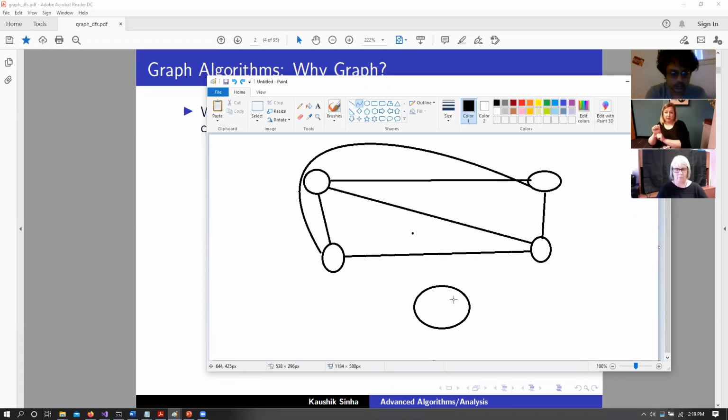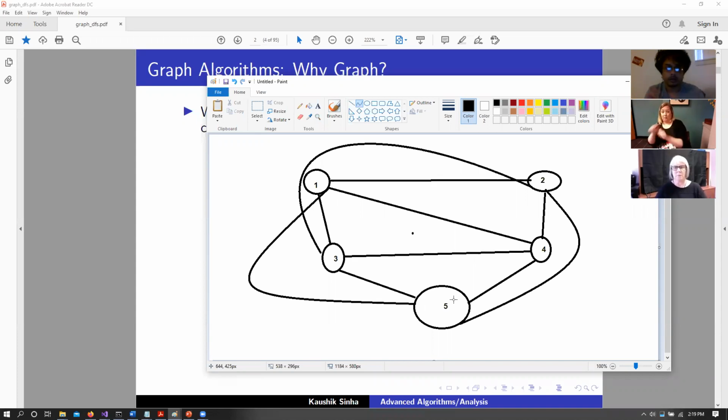I can still color them with 4 colors, but the moment I have a complete graph with 5 nodes, one would need to be, let's say, red, then 2 would need to be green, this is blue, this is black, fine, but I would need a 5th color for node 5.